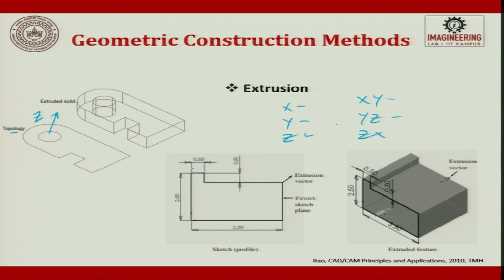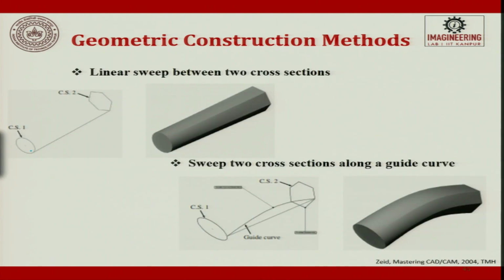It is very easy because I have represented the 2D in a simple mathematical form. Now, I just have to extend the value in one direction. So, this is translation, this is extrusion. Next, let us look at translation. I have a circle and a hexagon, and these two are joined. Now I translate it with this, so the circle is joined with every edge of the hexagon. You can see the cross section is a circle here and a hexagon here, and you have joined these two very easily.